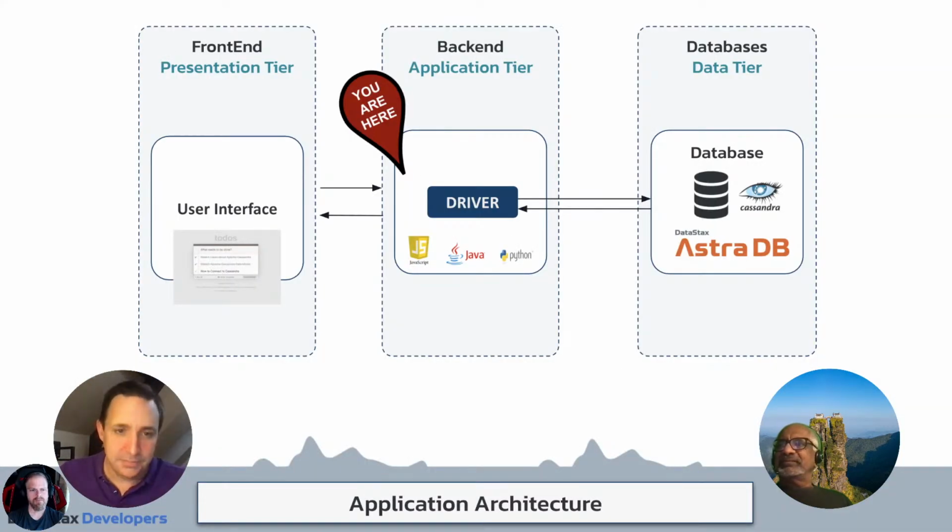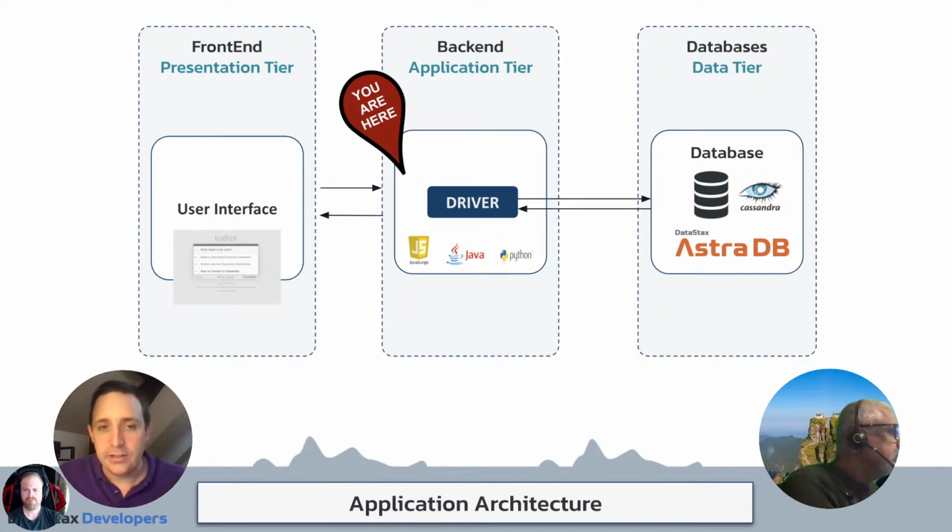Okay, so let's get rolling. Next slide, please. All right, so that's the big architecture diagram. Let's say the first two weeks we focused on the database tier, the lane on the right. We do have the database running. Today is all about the backend. We will build something that will rely on a library called the driver to connect to Cassandra. So first